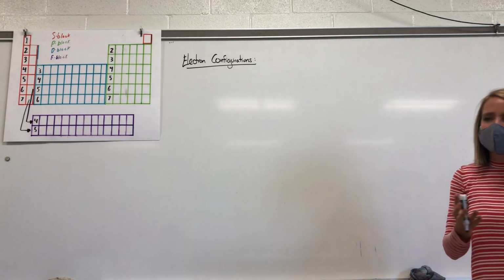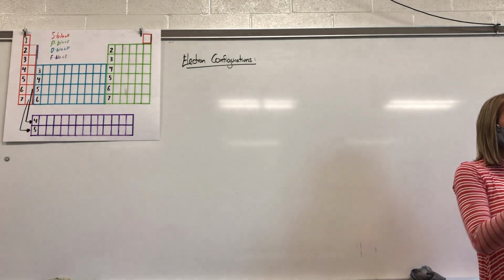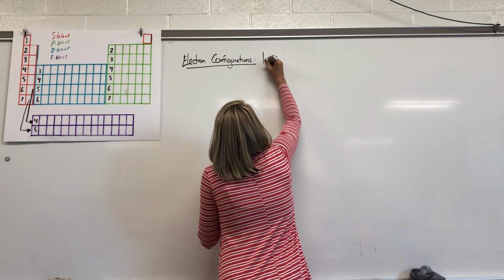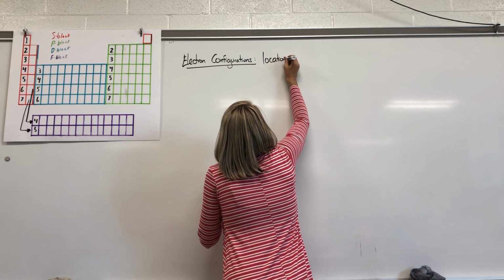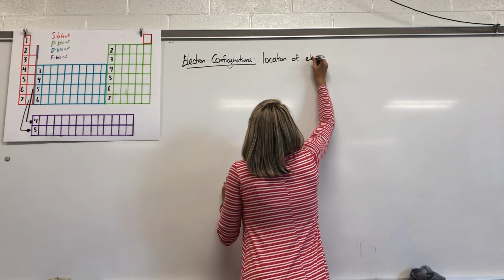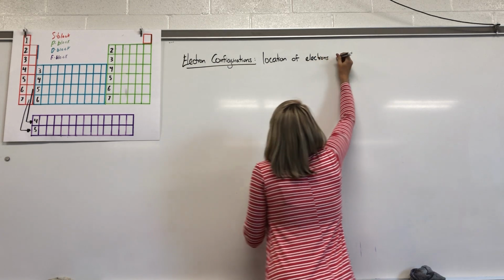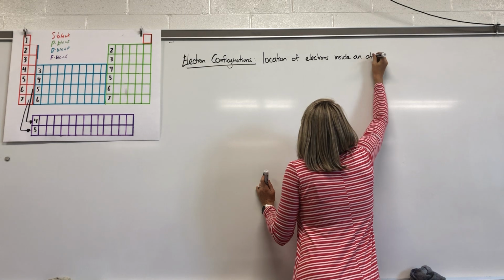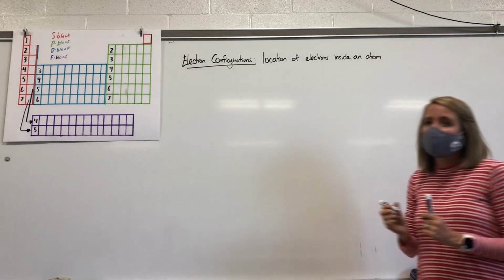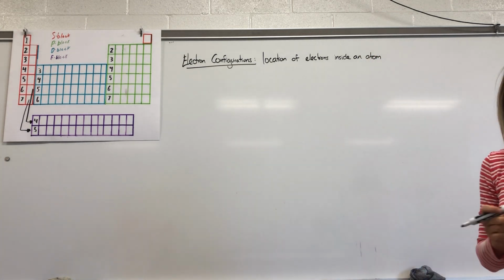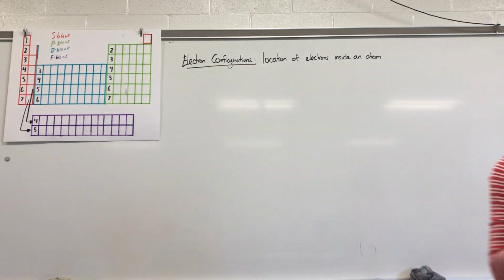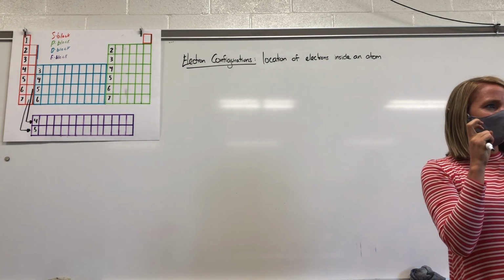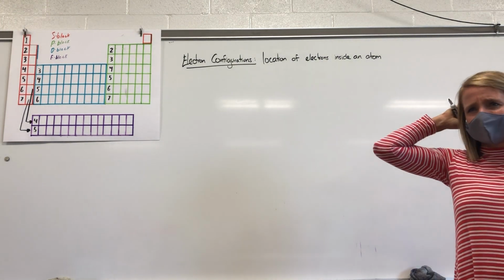An electron configuration tells us the location of the electrons inside of an atom. The way I think about it is it's kind of like the address for the electrons, or their location in